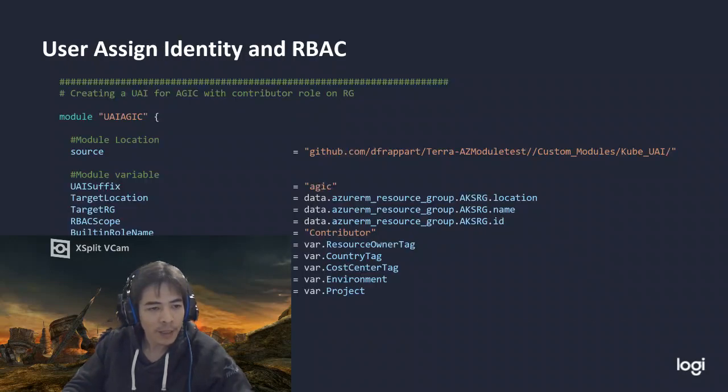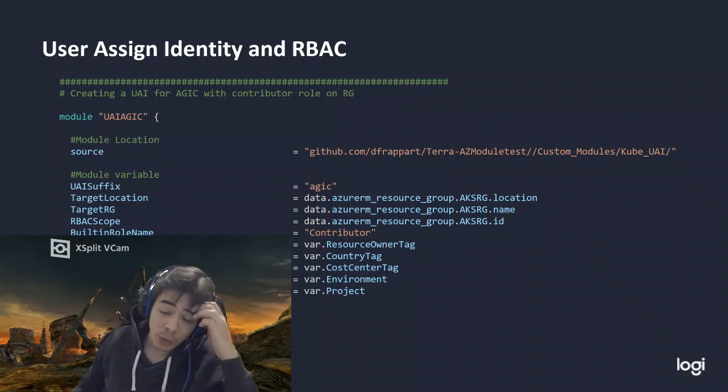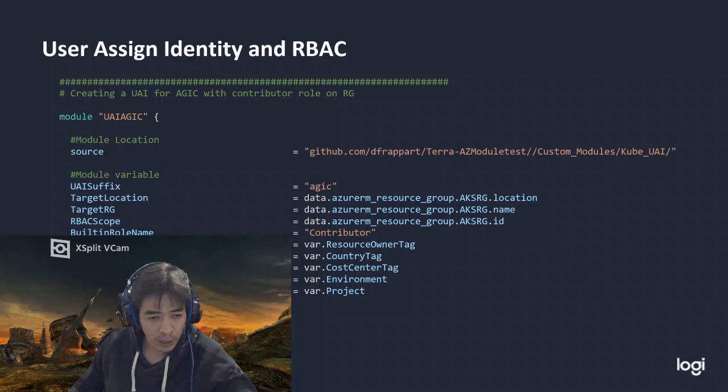To create the user assigned identity, this is a simple Azure resource, so it is quite easy to do. I wrote a module to do that, which is available on my GitHub repository, and you can see the link on the screen. I'm also doing other things in this module.